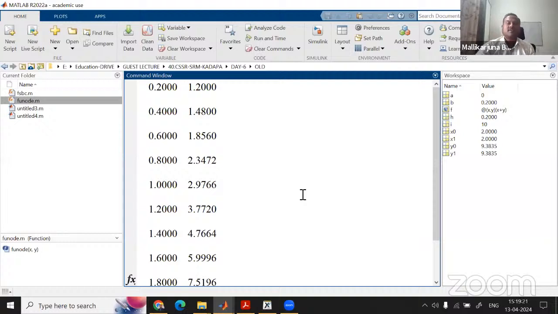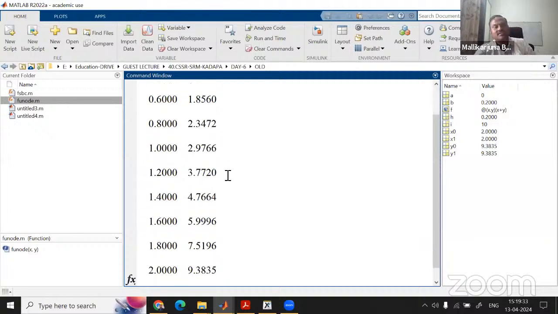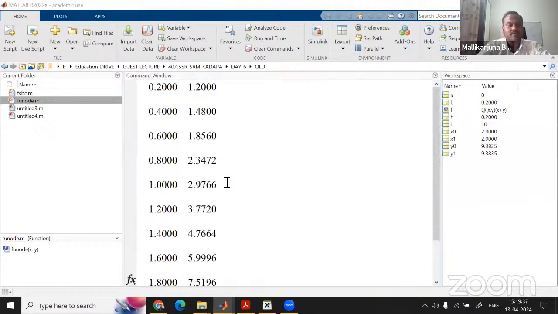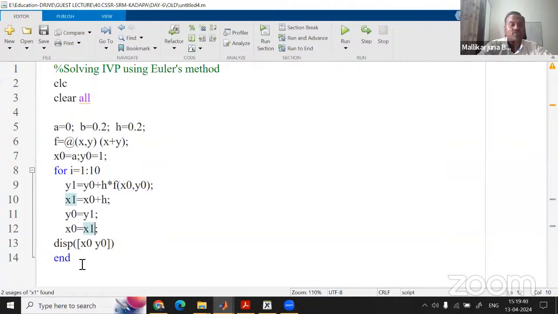You can see with step size 0.2, when x is 0.2, the value is 1.2. When x is 0.4, 1.48; 0.6, 1.85; 0.8, 2.34, like this. So this is the solution. Till 2 we got the solution. Just try within the for loop how we got it. If we observe here, at every iteration we are defining it. But if you want to draw the plot,